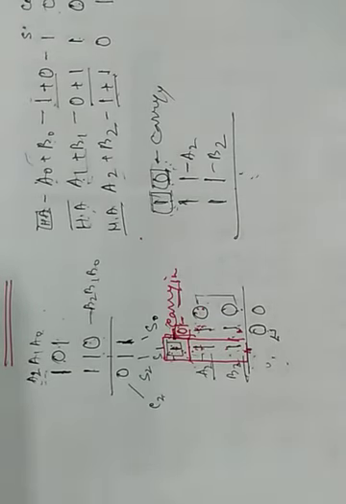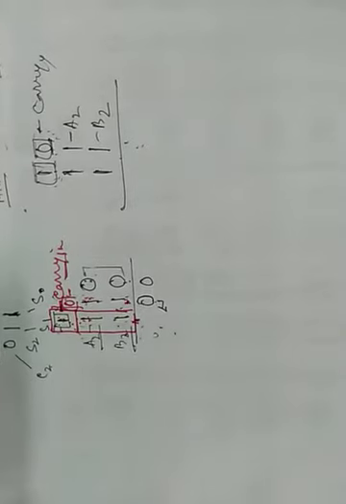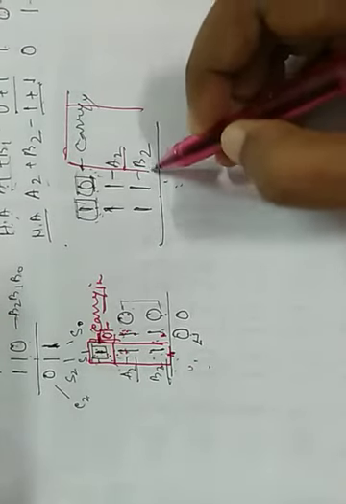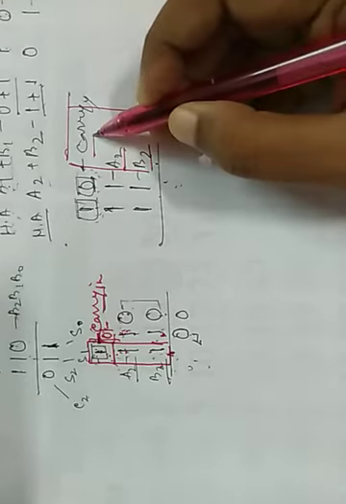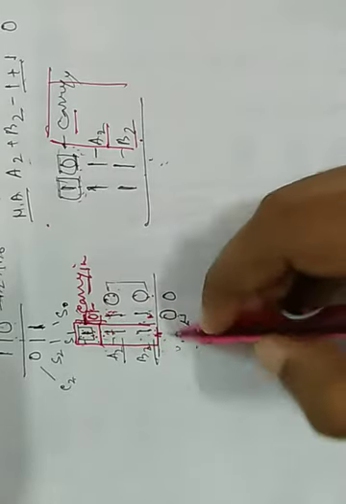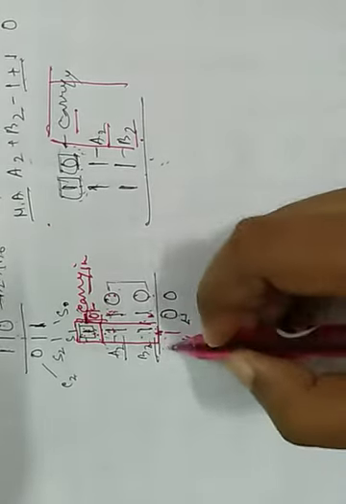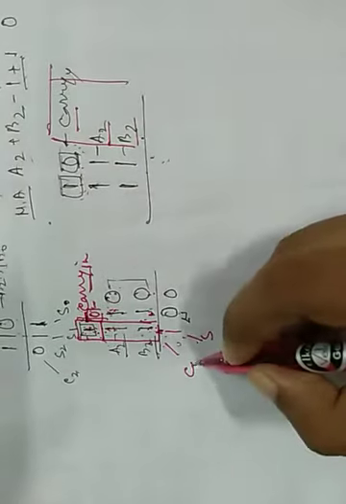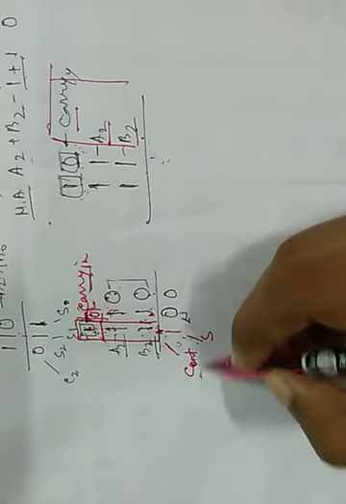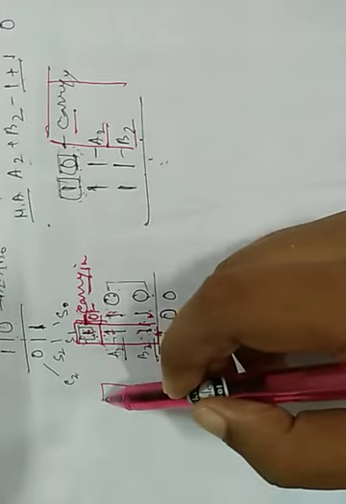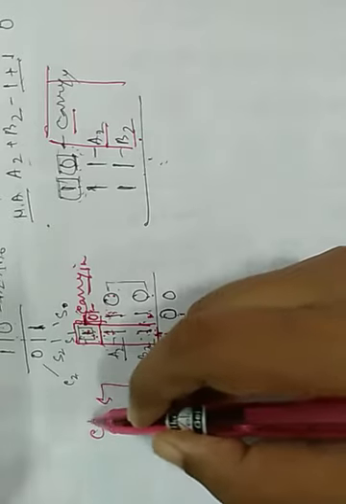Okay, so at first let us see the truth table of full adder. In a full adder there are 3 input lines: A and B are for the 2 digits, and another is for carry in. After addition, we know one output is for sum and another is for carry. This carry, after adding 3 bits, is known as carry out, and whenever this carry out goes to the next bit, it goes in as carry in, C in.